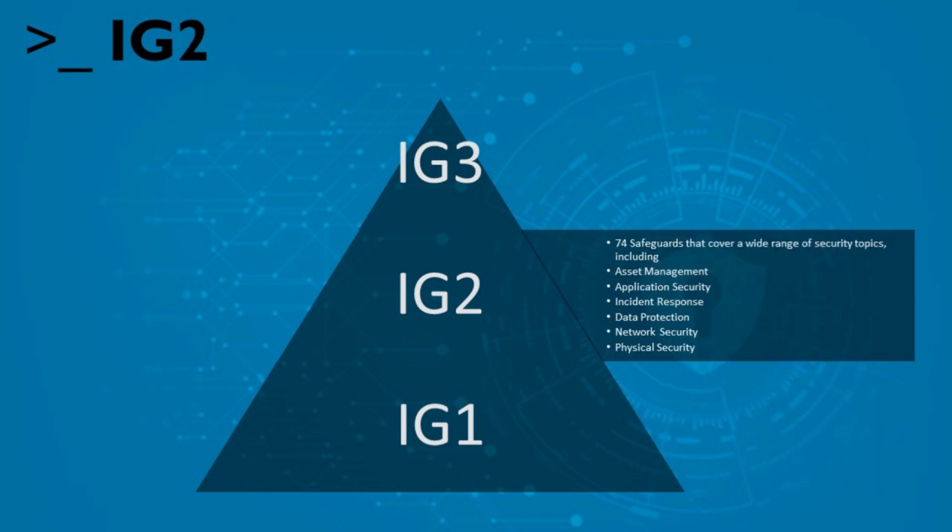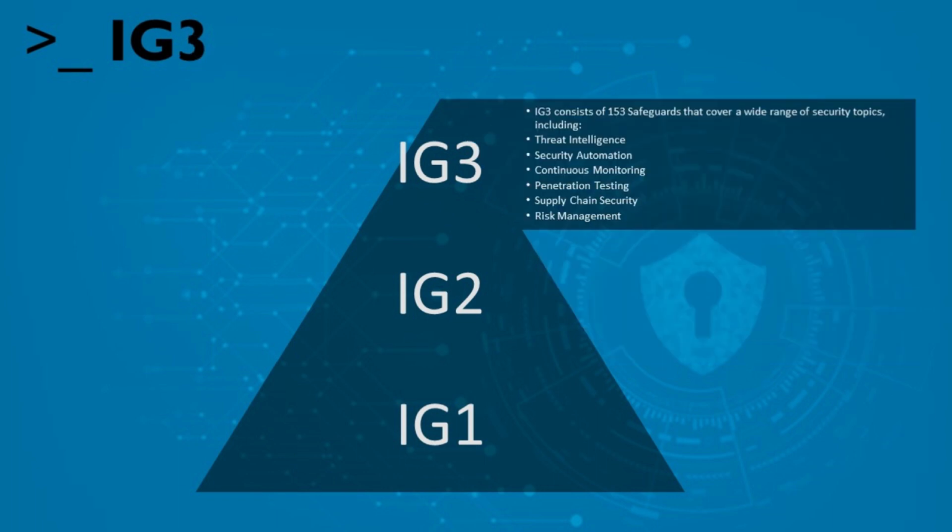Moving up to the second tier, we encounter more foundational controls. These controls build upon the basics and are designed to enhance your cybersecurity posture further as it focuses on defense in depth strategies. Organizations with higher security needs or greater risk should consider implementing these controls as they provide additional layers of security that are aligned with other cybersecurity frameworks. This makes it easier for organizations that implement IG2 controls to achieve compliance with other industry regulations.